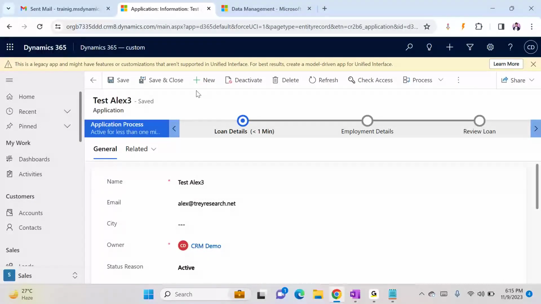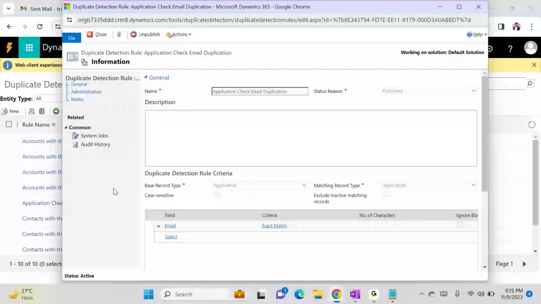How does it work? We can create a new duplicate detection rule. We can select the entity where we need to compare, select the field on which we need to check the duplication, and then add the criteria, whether exact match, first letter match or last letter match. So in case of duplication, we will use the exact match criteria. So what happens is, when an email data